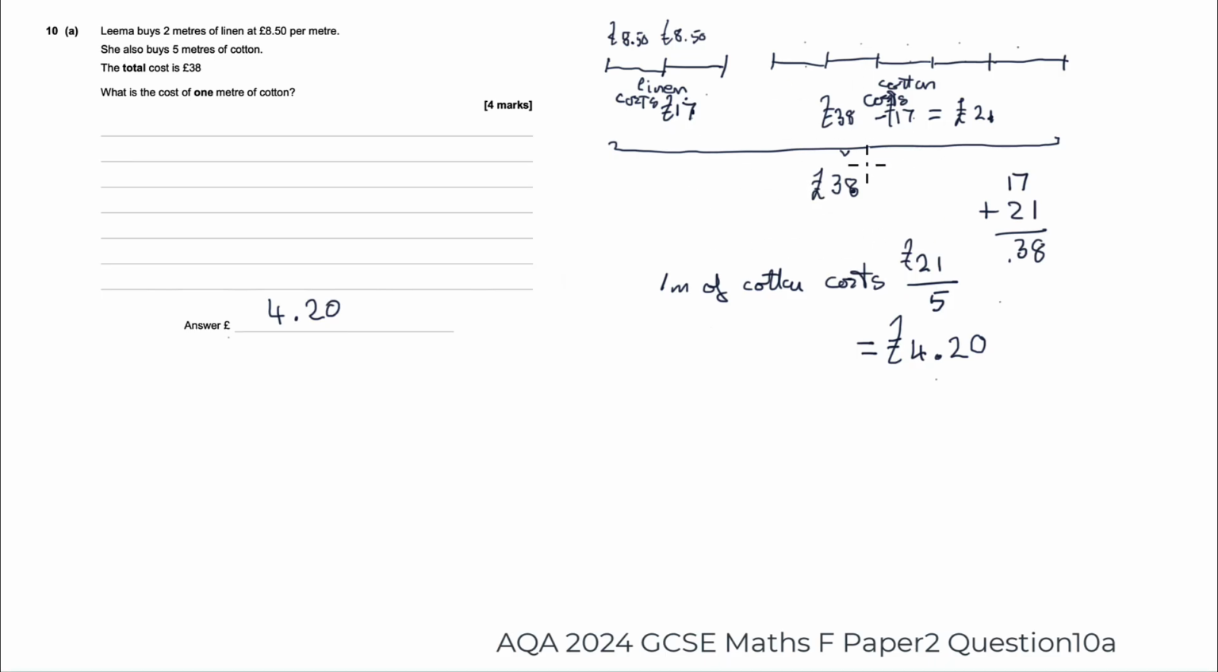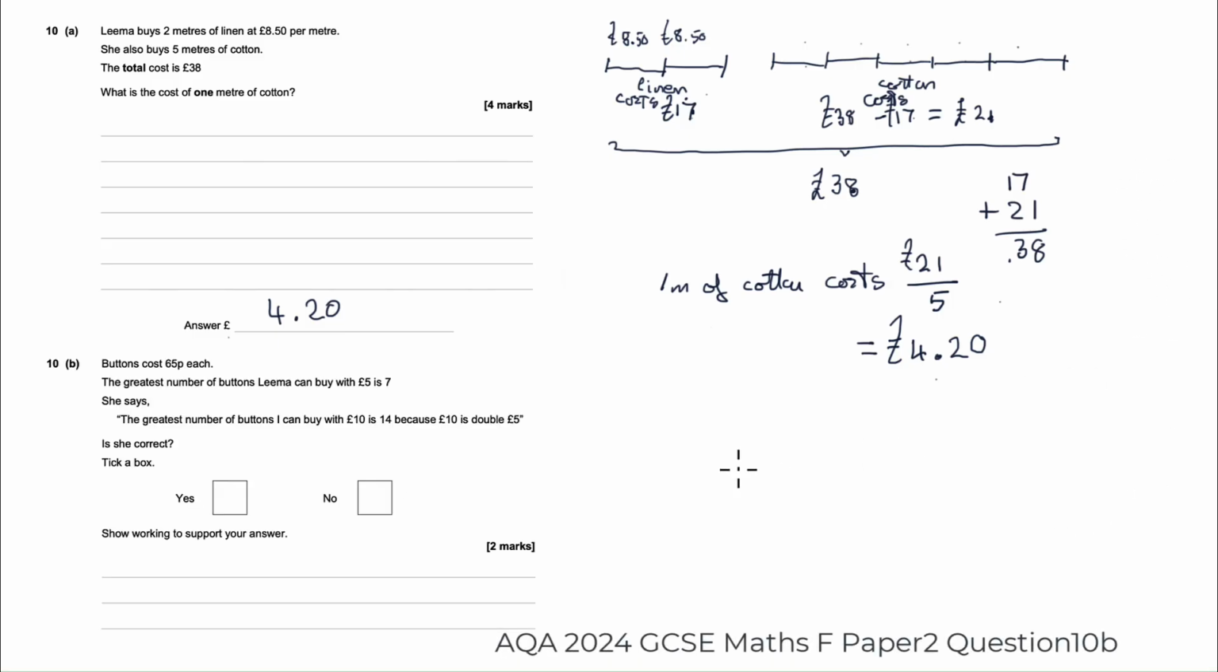Something like this should go into your working so that they can see all the bits and pieces that you've done. This subtraction to get the 21, this division to get 1 metre of cotton, and your final answer, of course, £4.20. So let's move on to part B of the question, and this time we're talking about buttons that